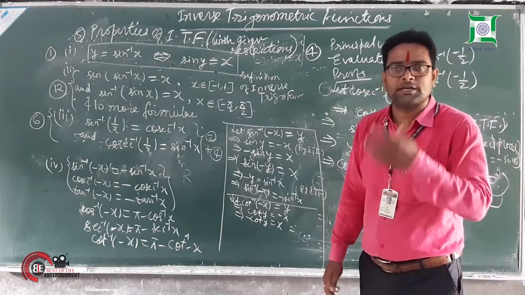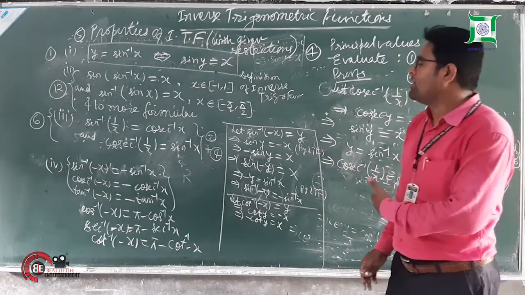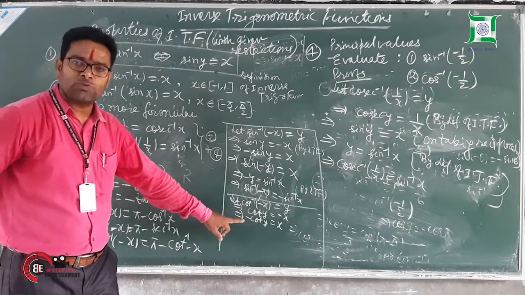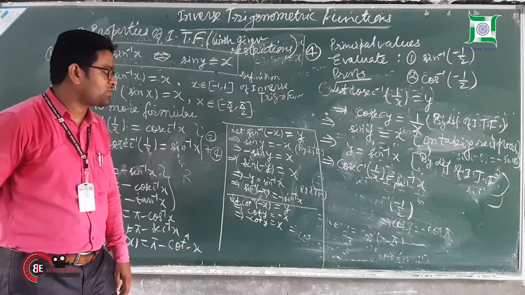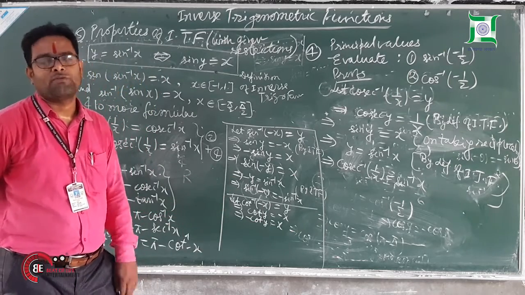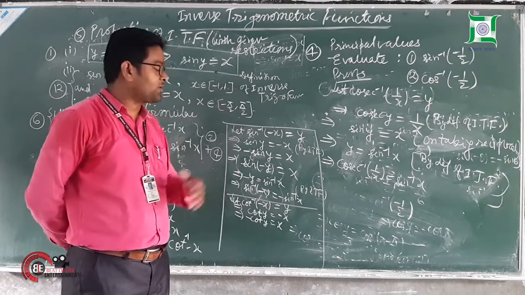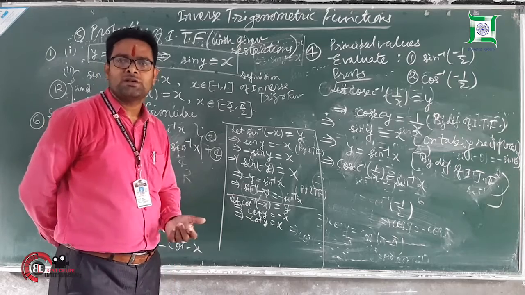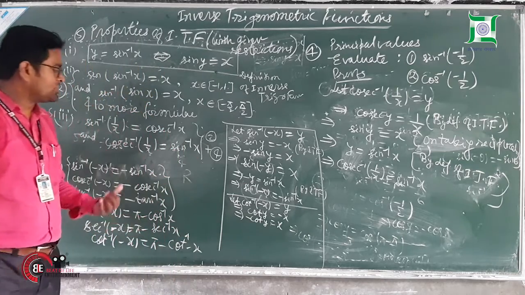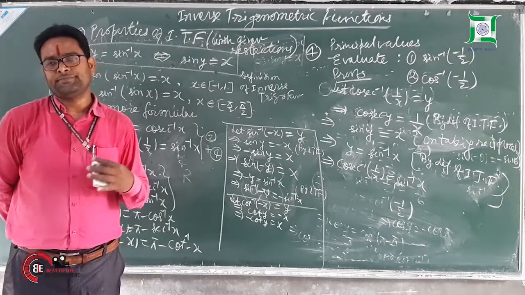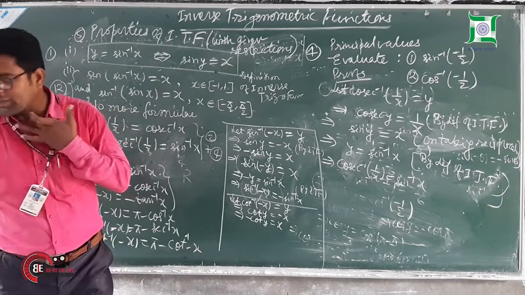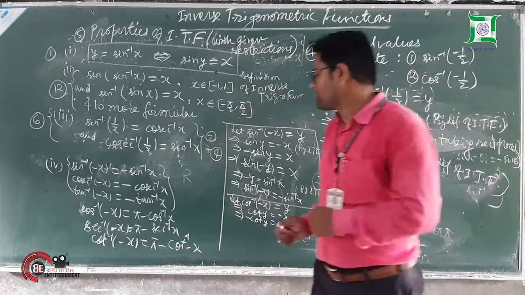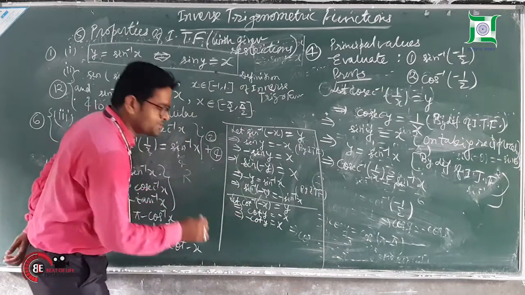Can we take it? Don't take it. Why? Because here the angle will not belong to its range, its principal value branch. It will never relate to its principal value branch. So that's why we cannot take cot minus theta. We have to take cot pi minus theta, because it will relate it to its principal value branch. The cot inverse principal value branch is, here we know, 0 to pi, excluding. So we have to bring them within the interval 0 to pi, excluding. That's why we cannot write it as cot minus theta.